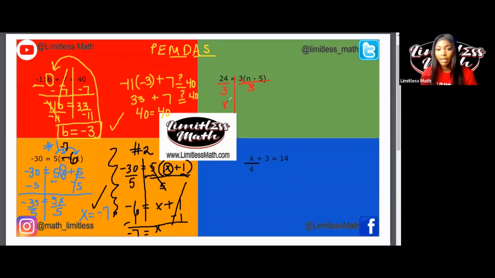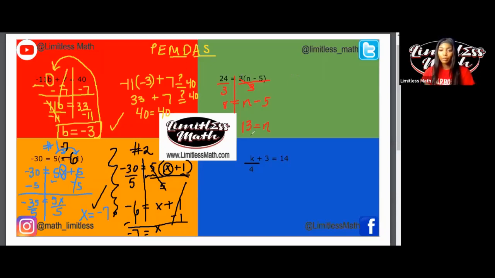That will leave me with 8 equals n minus 5, and then just simply adding 5 to both sides. Going a little quicker here, 13 equals n. Check your work, substituting back in. 13 minus 5 here gives me 8. 3 times 8 is 24, so we have that one correct. Number 4,